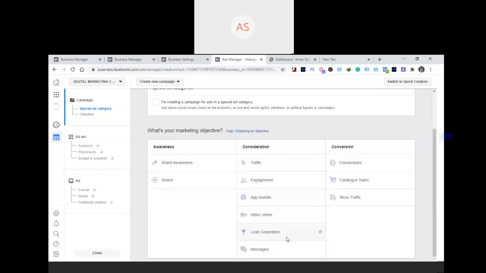That is generating leads. So for that, we're going to run a lead generation campaign. In this example, I'm going to show you how to go ahead with a lead generation campaign. Then there is a different campaign for conversion. This is if you want to run a campaign for sales. You're selling a product or service and you want to send traffic to your sales page and track your conversion, whether the product is selling or not.